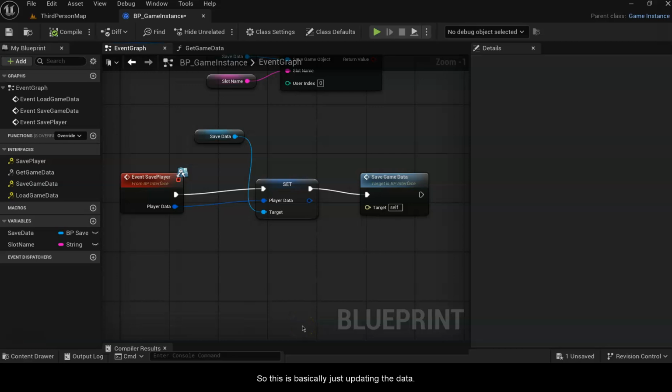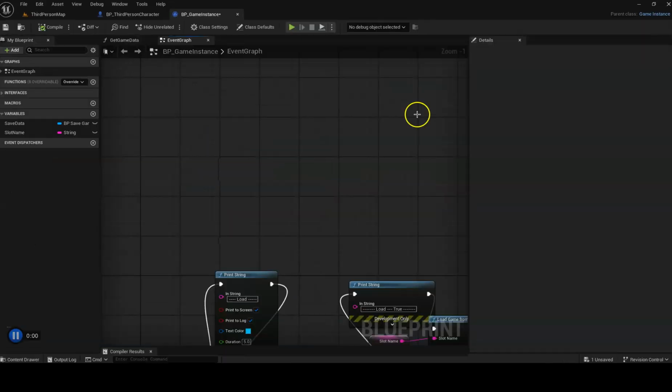So this is basically just updating the data. Now we have one more thing we need to add to the BP game instance, and that is